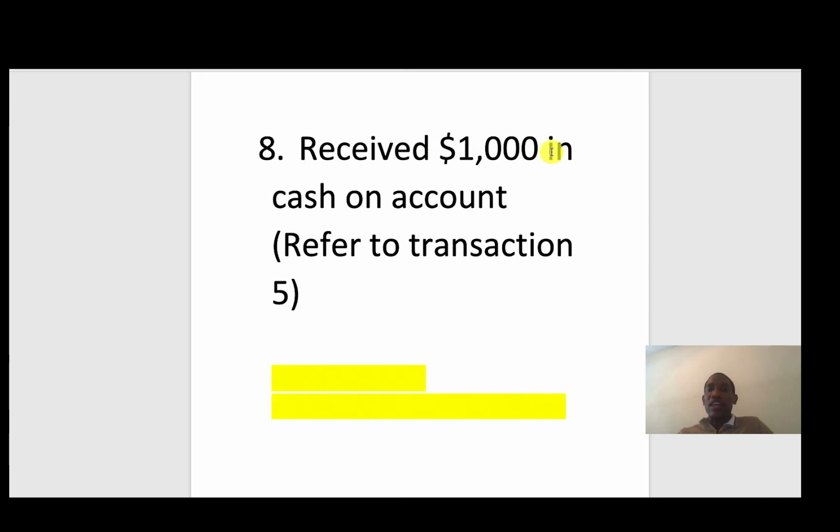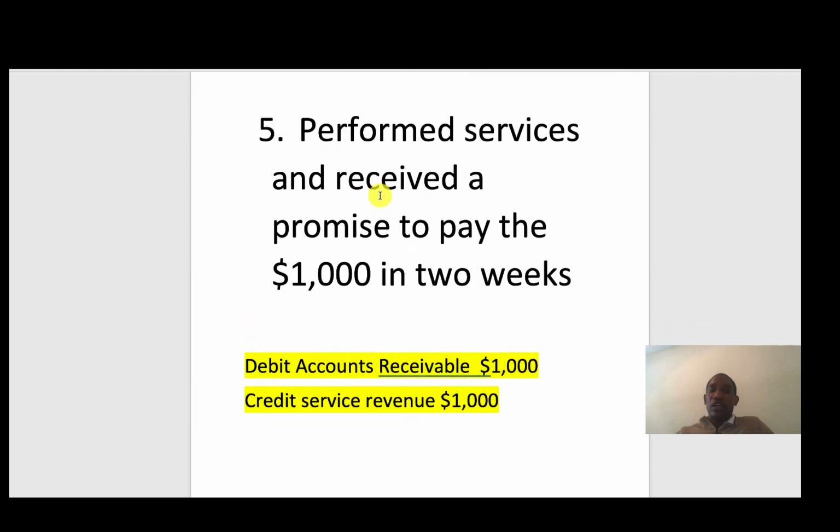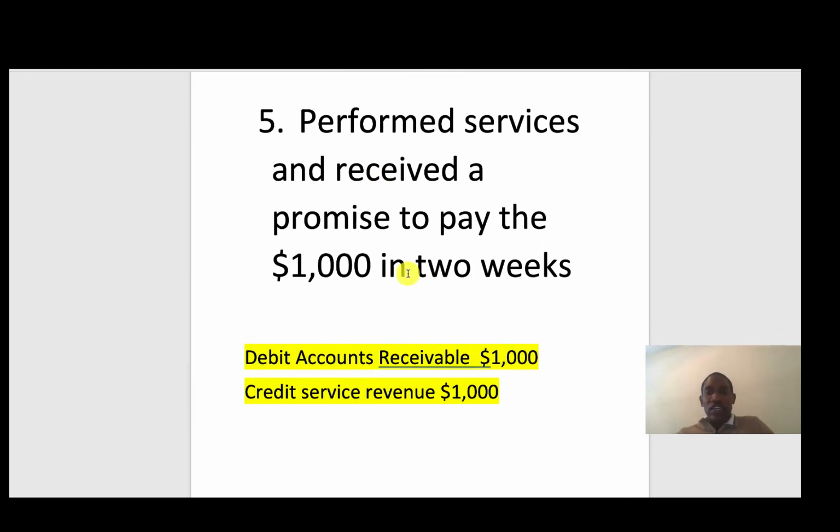You received $1,000 in cash on account. Okay, now we refer to transaction 5. Okay, so here is sort of the other side of that. In transaction 5, you did work for a customer. And the customer said, hey, I can't pay you today. I'm going to pay you in 2 weeks. Okay? So you already did the work. You debited accounts receivable. You have this accounts receivable here, which represents money that's owed to you, and you credited